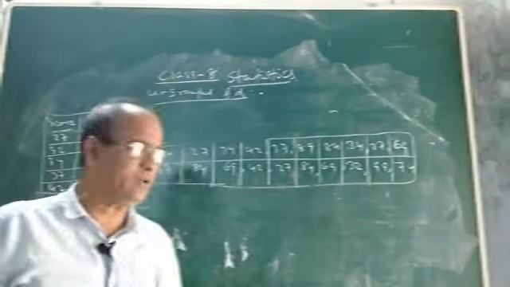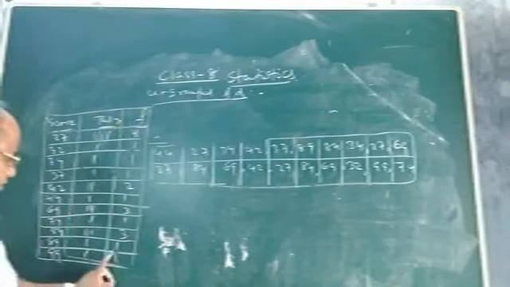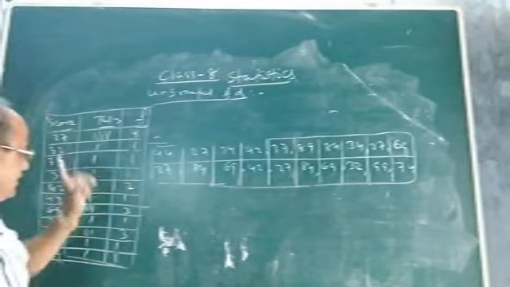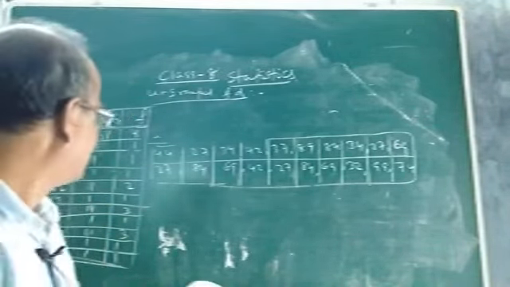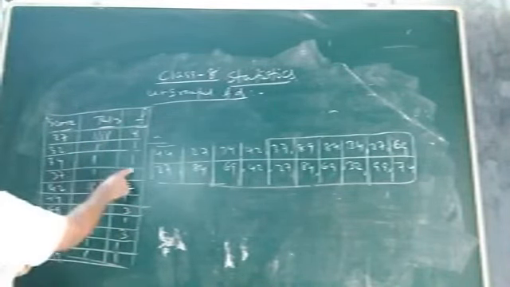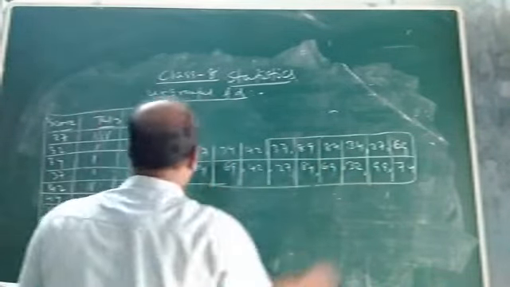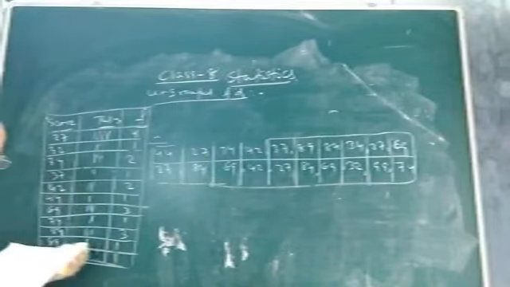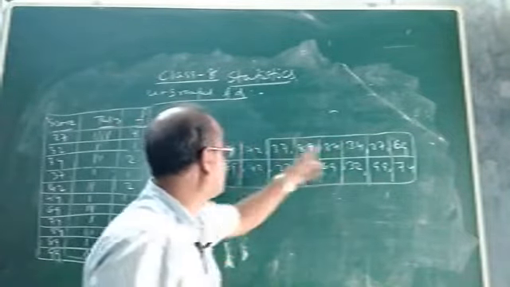One interesting thing you note here: these are frequencies. Now you add all these frequencies. 1, 1, 2, 5, 6, 9, 10, 12, 13, 14, 15, 19. That means one is missing. It is not equal to 20, but it should be 20. For 34 I have written 1. Look at 34 once again. Yes, the frequency of 34 will be 2, not 1, because 34 mark has been scored by 2 students.